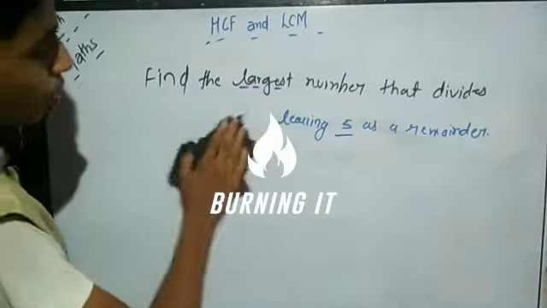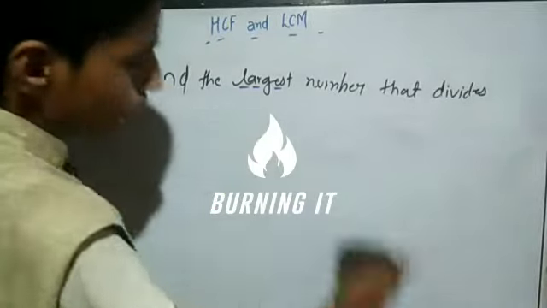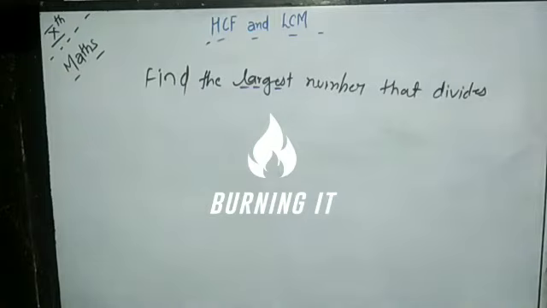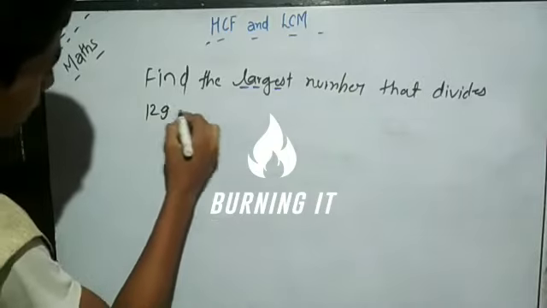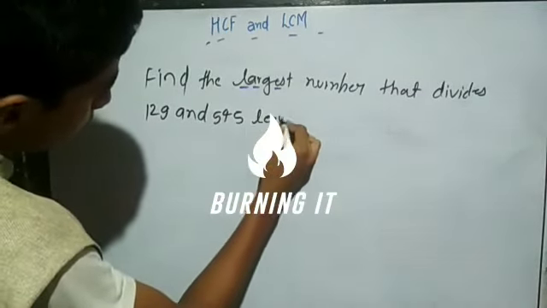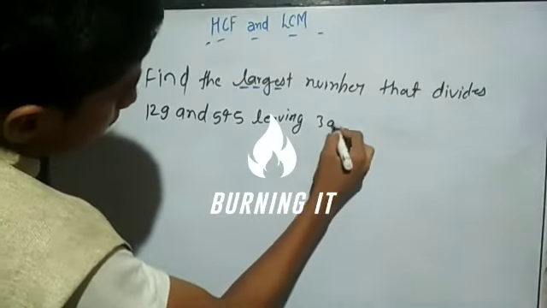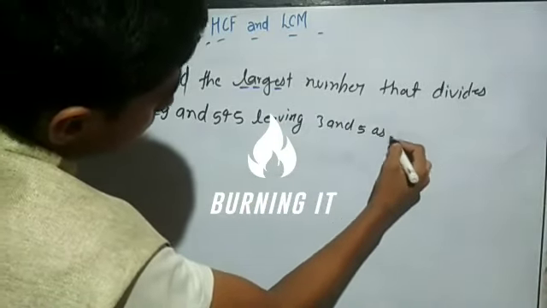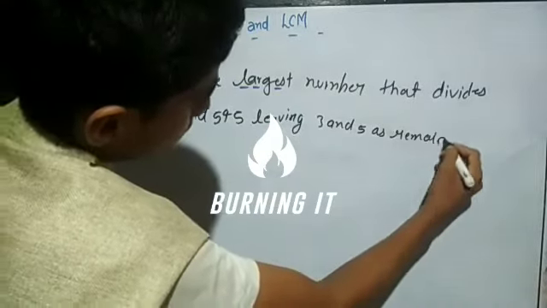द डिजिट्स विल आल्सो बी डिफरेंट। तो यहाँ पर से भी जो हमारा ऊपर वाला हेडिंग रहेगा कि फाइंड द लार्जेस्ट नंबर दैट डिवाइड। अब डेट्स को थोड़ा चेंज करके मैं एक और क्वेश्चन आपको अप्लाई करने वाला हूँ। डेट चेंज होके क्या हो जाएगा हमारा 129 एंड 545, लिविंग 3 एंड 5, 129 and 545, leaving 3 and 5 as remainder